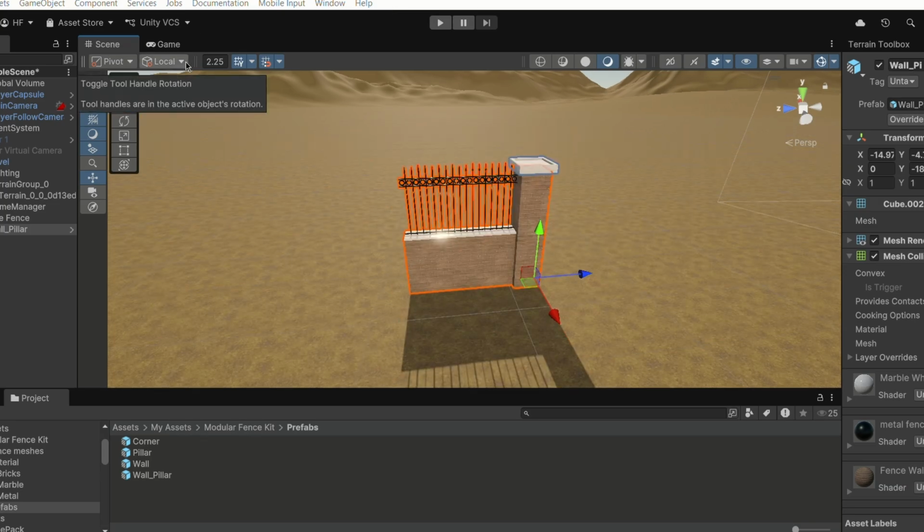So first, we want to make sure that the tool handle rotation is set to local rather than global. And then here, we want to make sure the grid and snap, or the step size, is set to 2.25. This is the length of this unit. And the idea is to be able to snap this unit in one move. So once we have these settings enabled, and of course we have the toggle on,